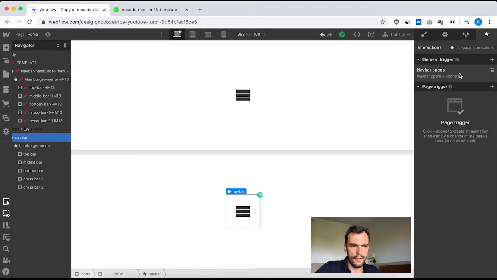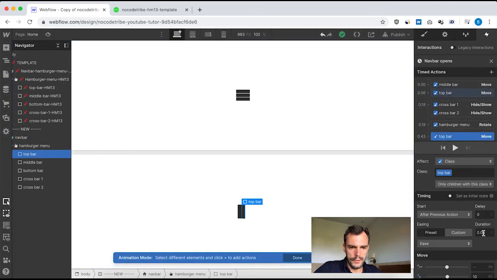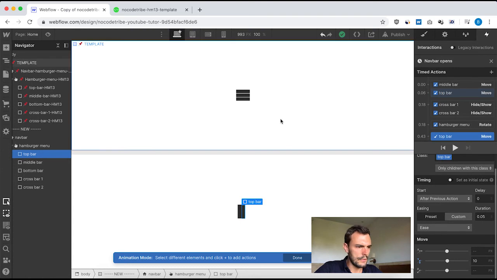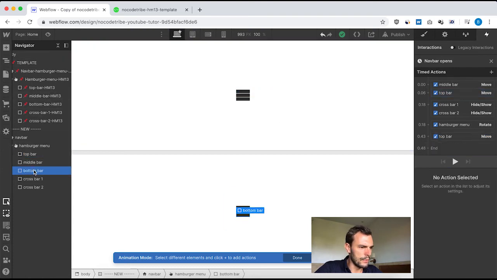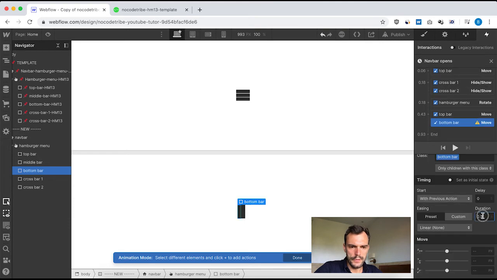All right, navbar. So top bar 0.05 is okay, good, I was right. And then the bottom at the same time here, move 0.05, down minus 10 pixels. Okay,